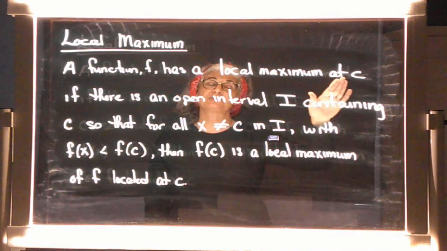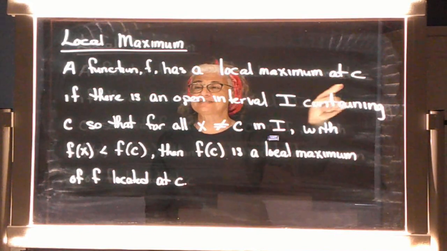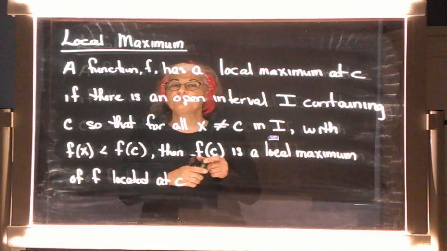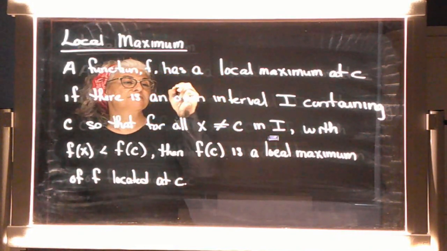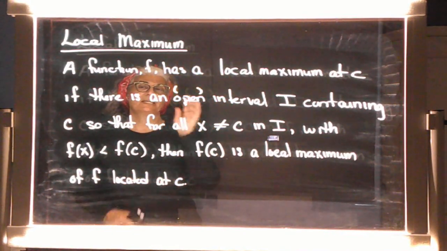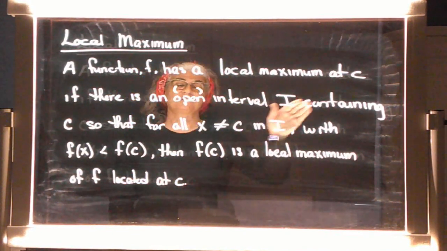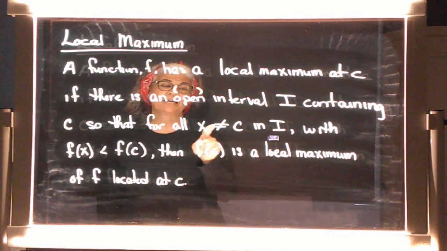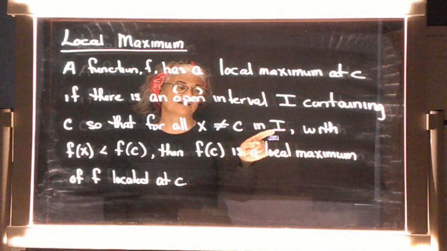So this function has a local maximum located at c if there is an open interval. You're like, what's an open interval mean? An open interval means we have parentheses, not brackets. Cool? If there's an open interval I containing c, so that for all x not equal to c in I,